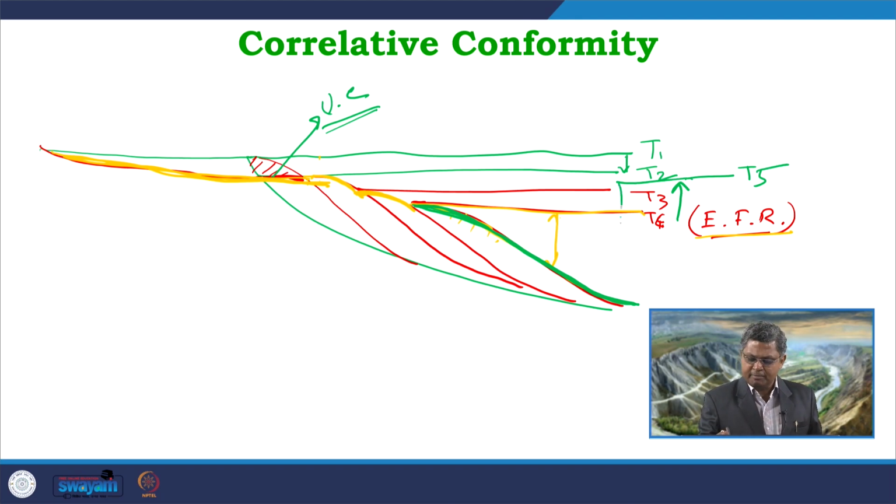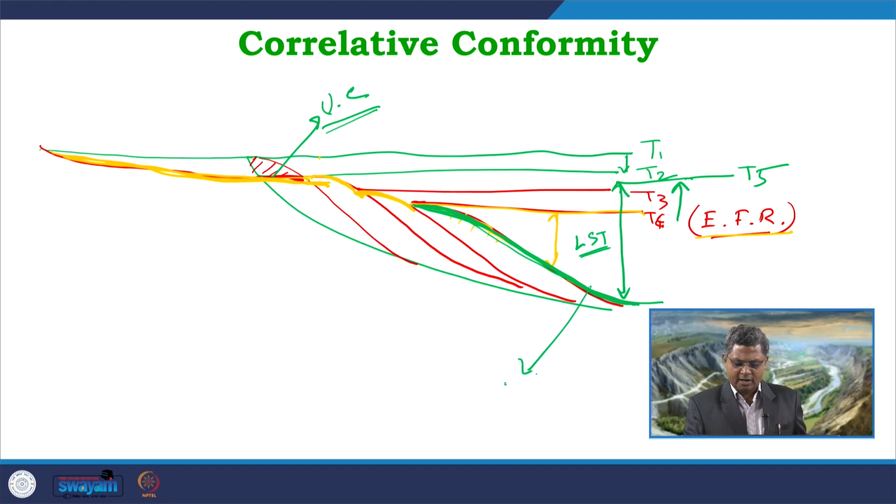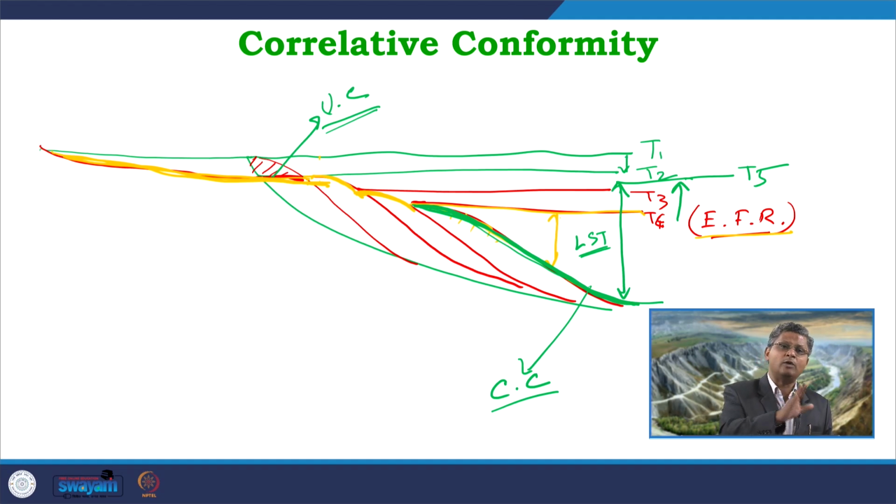So, for this much increase in the water depth, we will get some aggradation, and new sediments of LST will form over here. For this LST, this surface is the substrate of deposition. So, this surface is called the correlative conformity surface. The correlative conformity surface is a correlative surface with respect to the subaerial unconformity. Subaerial unconformity represents the forced regression in the landward direction, in the landward side, in the marginal marine part.